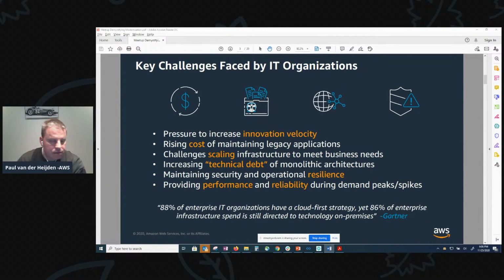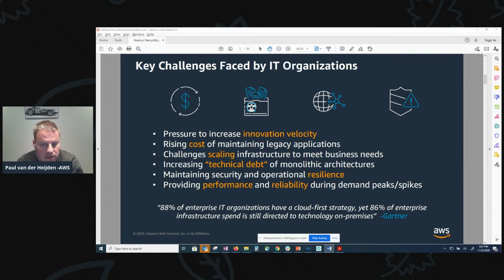Looking at key challenges faced by IT organizations, we see that applications are the connective tissue that run and help drive businesses. And because of that digital transformation, IT decision makers are expecting their application portfolio to grow by 50% in the next 2 years, as businesses need new applications to support new customer experiences, new services, and new ways to use that data.